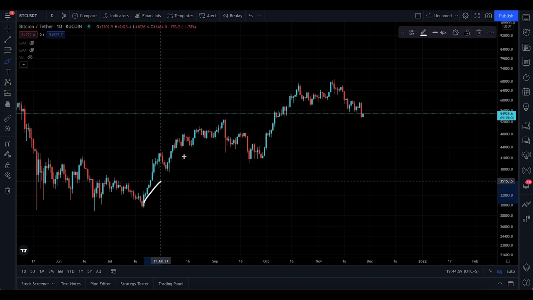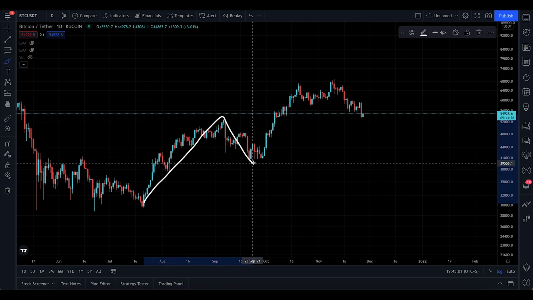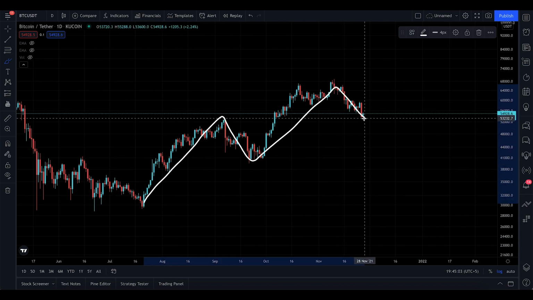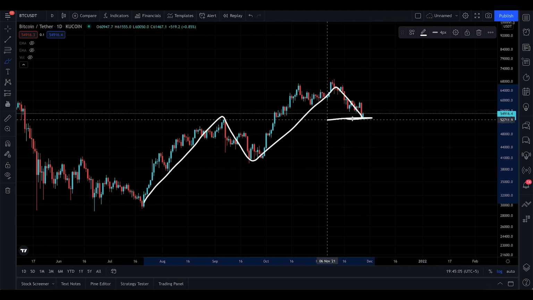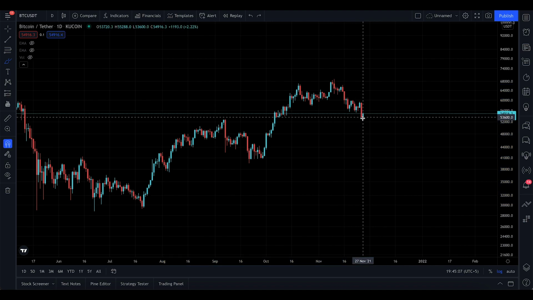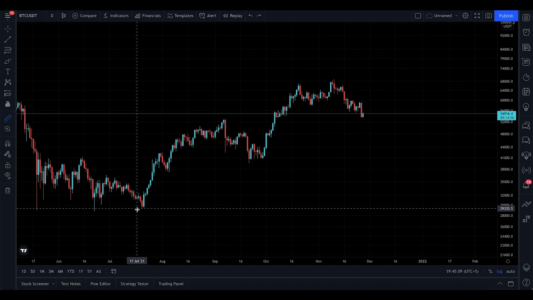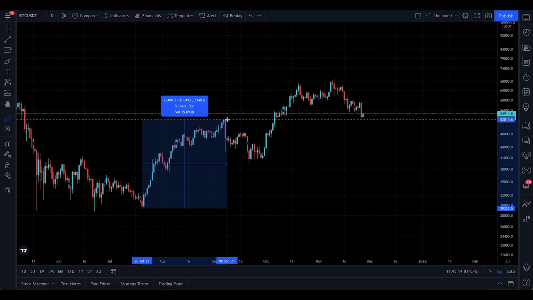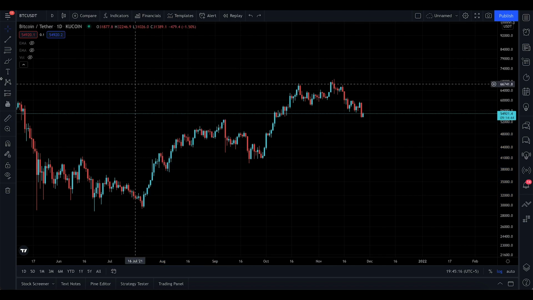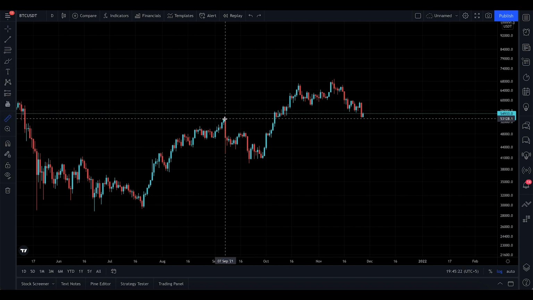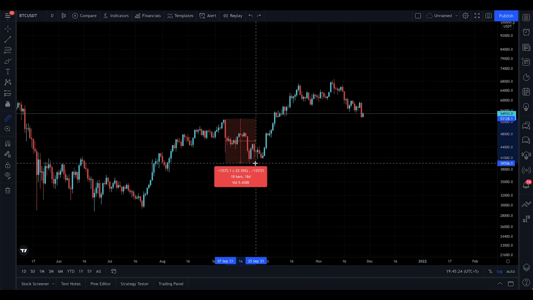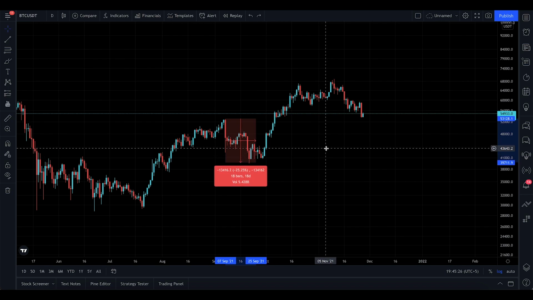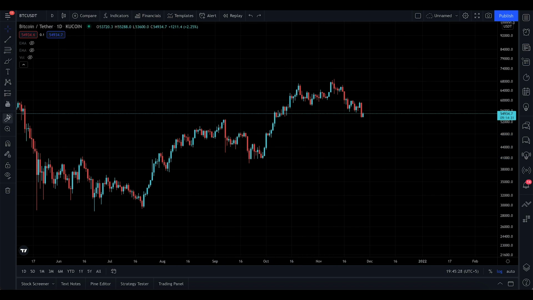So we saw this wave and then the correction, another wave, and then this correction. Now let's say this is your bottom, this is your absolute bottom. How much did we pump from here to there? 80%, right? 80%. Amazing. That's the first wave. That was the first one. And how much did we correct? How far down did we go? We went down 25%. Keep that in mind.